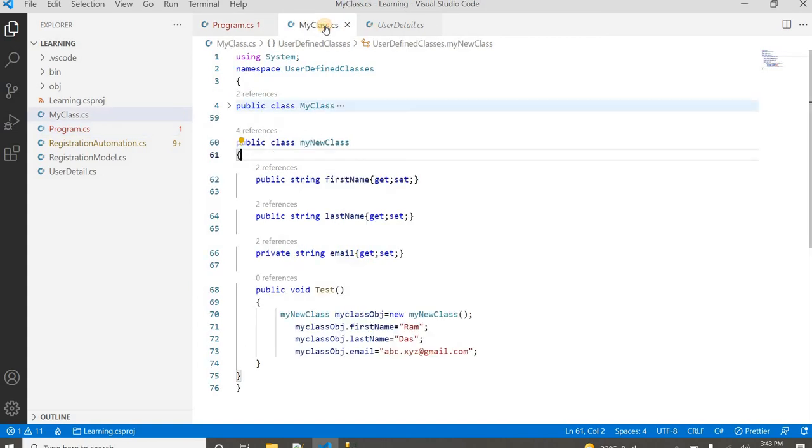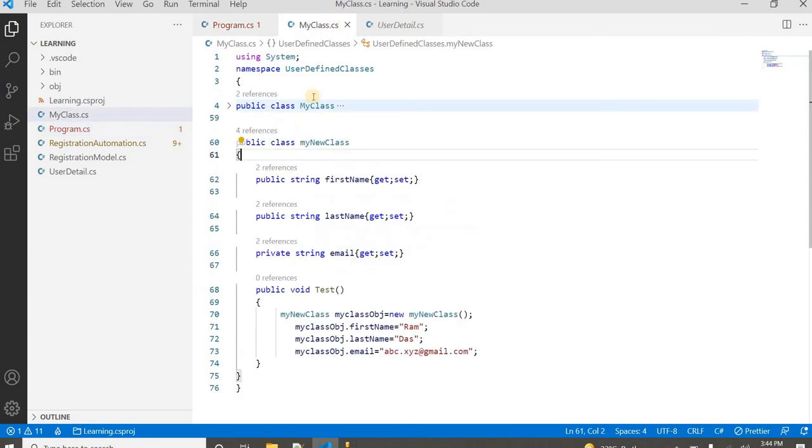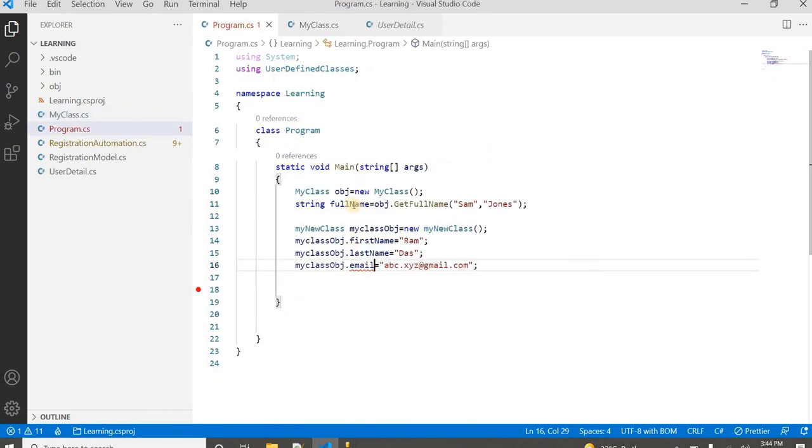We also have protected and internal. Right now I will not go into those access modifiers, because when we learn about inheritance, at that time we will discuss those things. So in this class we have seen what a class is, and how we can access a class variable or class method in another class by creating its object. This is the syntax to create an object. And what is a namespace?